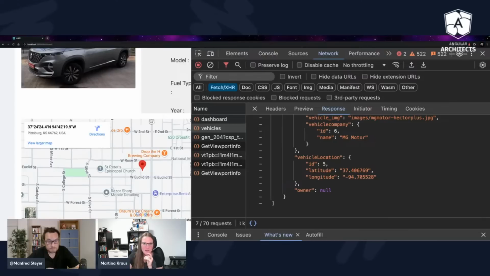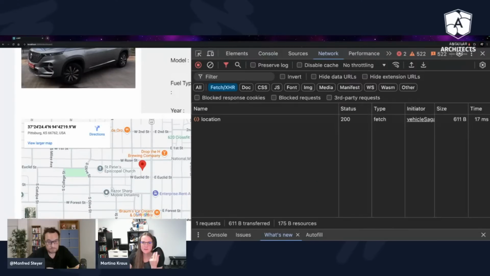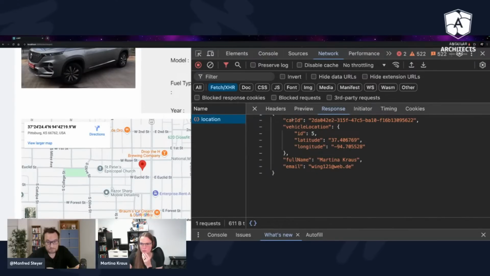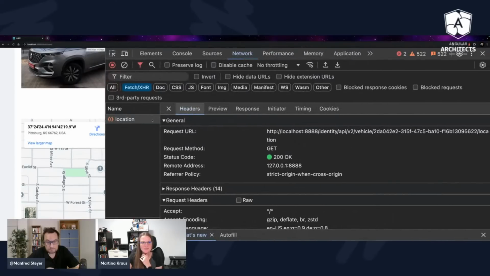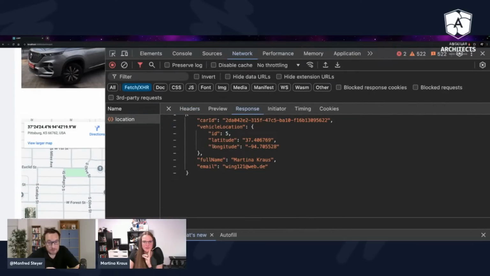One of these API requests is, for instance, the location. We see here the API request. It's a long URL, but let's see. It's v2/vehicle/ and then what seems like a vehicle ID. It looks like a GUID. We usually see that, and then /location. So apparently this gives me the location, the latitude and the longitude of my vehicle.